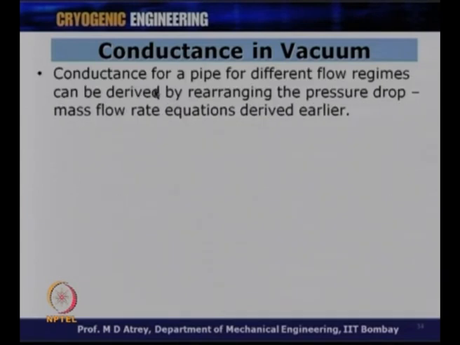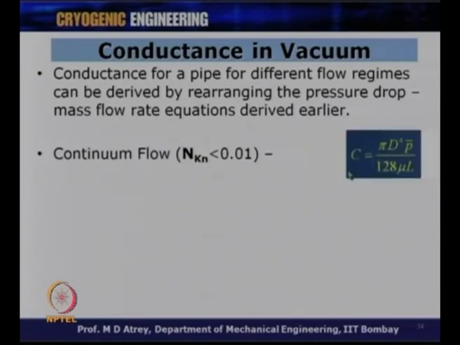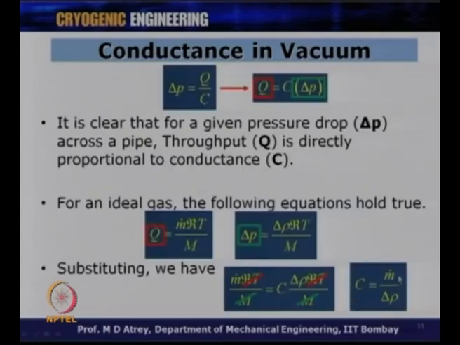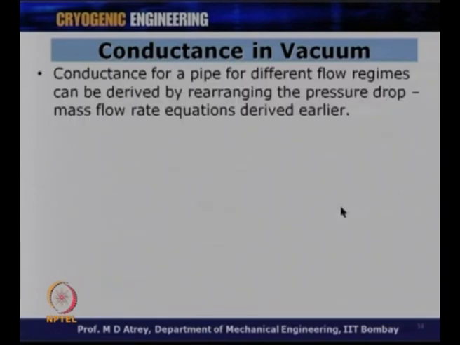So, conductance for a pipe for different flow regimes can now be derived by rearranging the pressure drop and mass flow rate equations derived earlier. So, let us see all the derivations earlier. For continuum flow, we will get conductance C is equal to pi into d to the power 4 P, because we know from the earlier calculations that C is equal to m dot upon delta rho. I will put this into all the other equations which we have calculated for m dot for various regimes, just divided by delta rho. It will cancel out delta rho in that particular equation, and therefore,